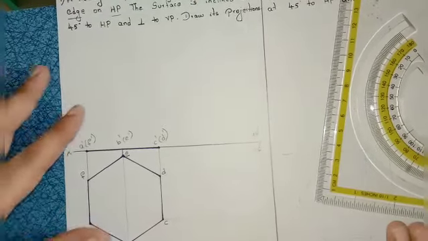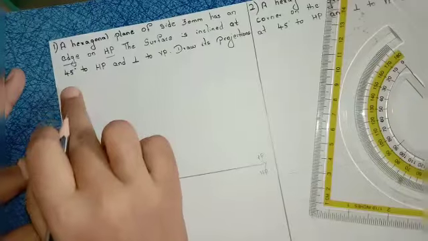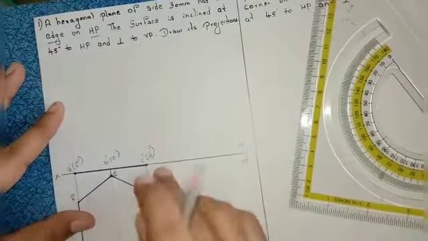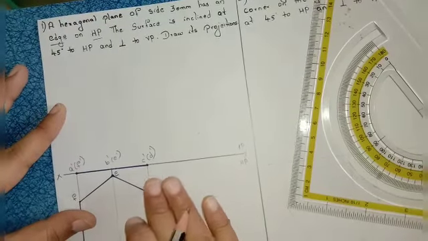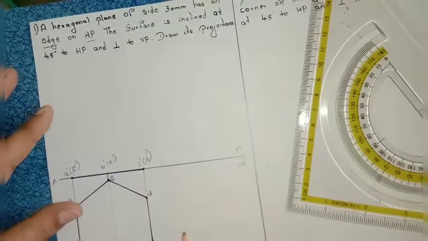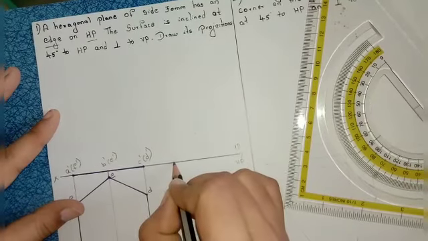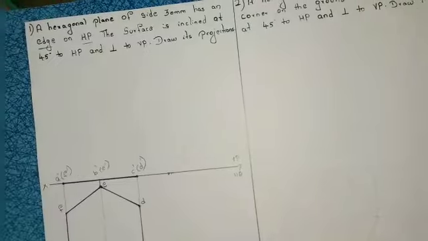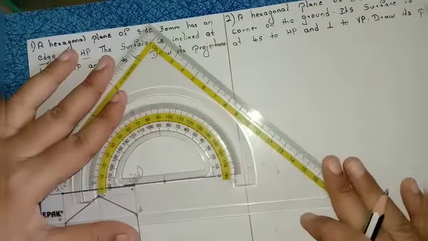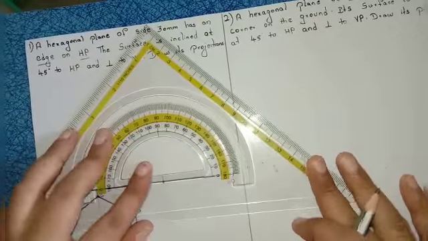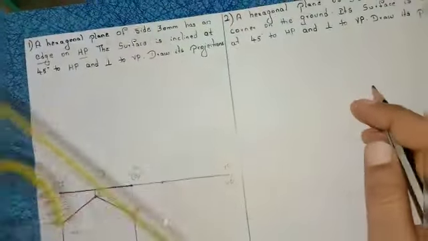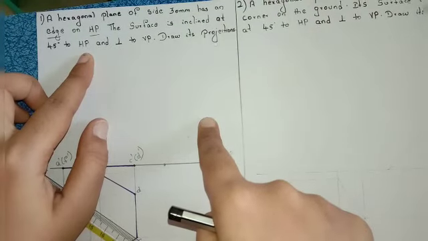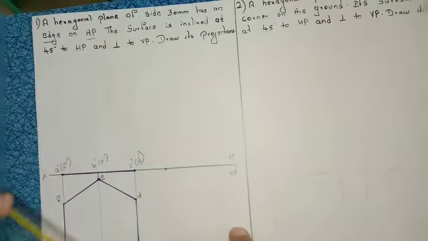Right, now after drawing this one, you have to mark the angle. Here they mentioned only one angle. So just leave some gap, not more distance, just 20 or 30 mm, and mark the point. Now place your protractor on that point. Angle is 45 degrees, mark the angle 45 degrees to HP. To HP means opposite side only, you know. So I am taking 45 degrees angle here.